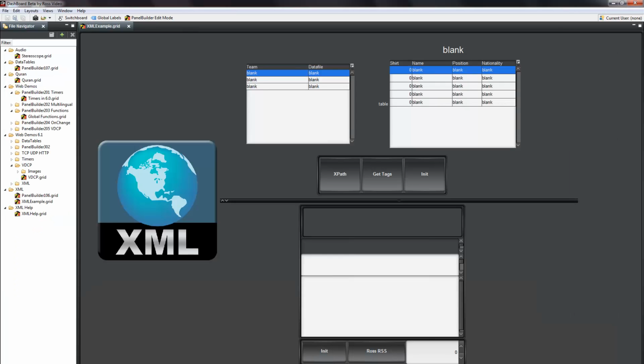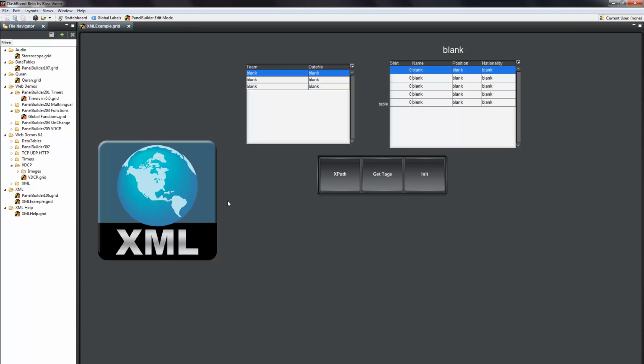So here's the XML example application, and this is available for download from our website alongside this video. And we've got 2 demos here. It's the one on the top that we'll concentrate on right now. And this is where we read in the team's XML file, the league XML, and each team is then going to be used to fill in this team roster table here.